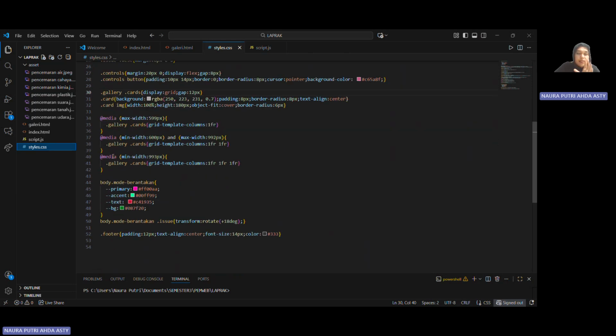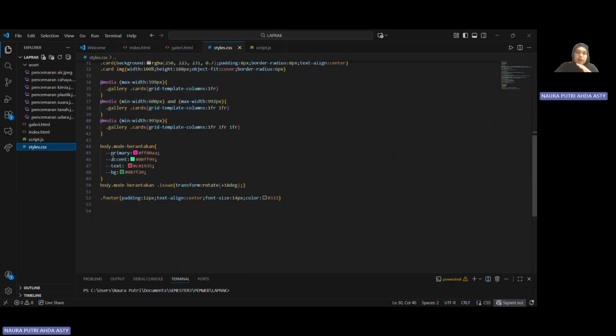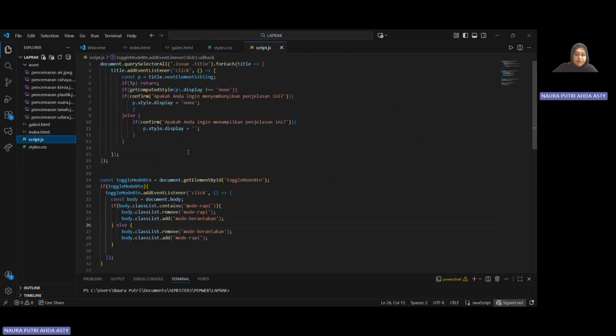And this one is for the messy mode, where we can change how the text looks, and then the color changes, and the box is messy too. And then this one is for the footer, how the footer looks on the screen.